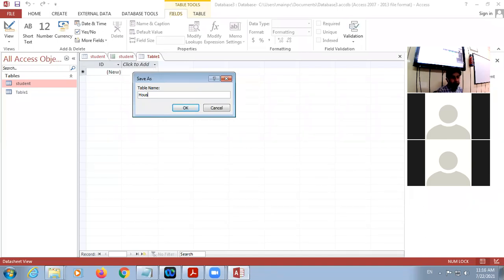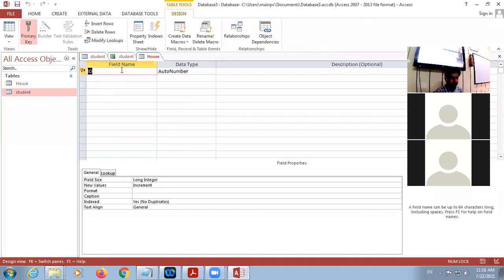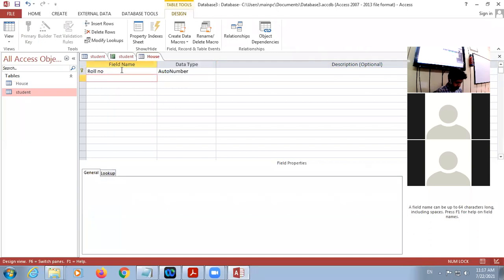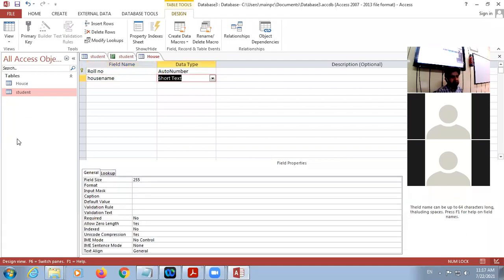The table name is, suppose, information about house. So I take here roll number, then house name. So I created the table and saved it. Now I'm going to enter the data.